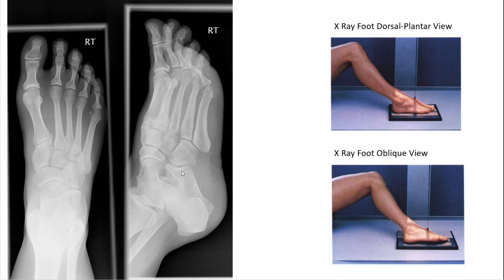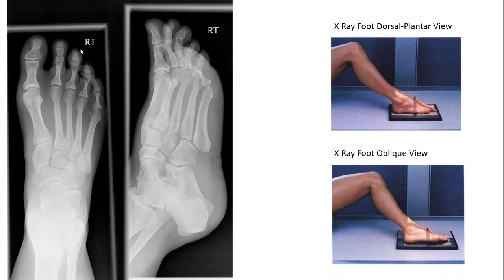So here you can see this is the calcaneocuboid joint. You can see the talonavicular joint. You can see the naviculo-cuneiform joints. And here slightly you can see the cavity of the subtalar joint as well between the superior surface of calcaneum and the inferior aspect of talus also, right?